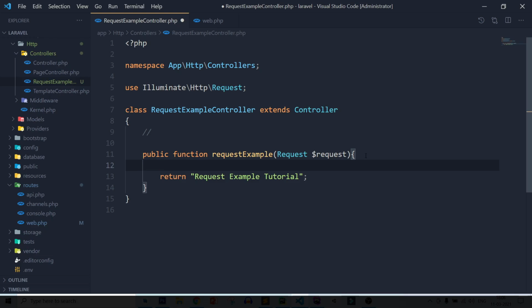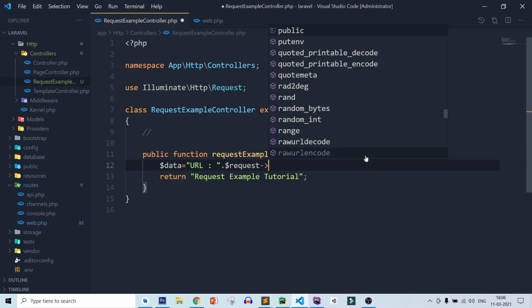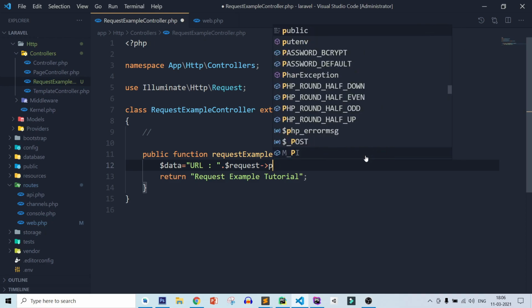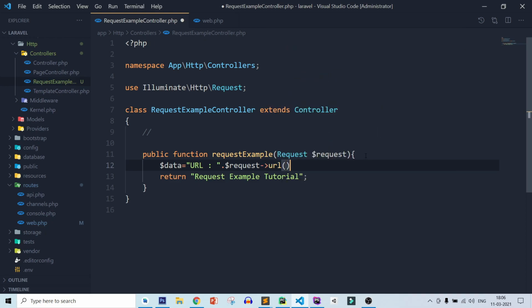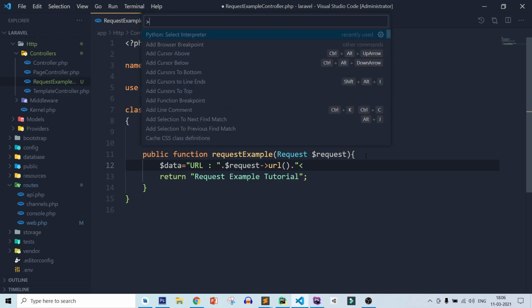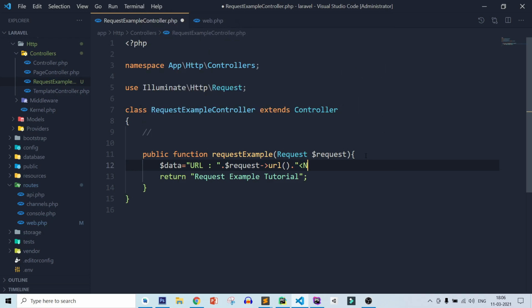So let's see, $data equal to URL. Here first I am printing the URL, so $request->url(). After that, adding a line break.